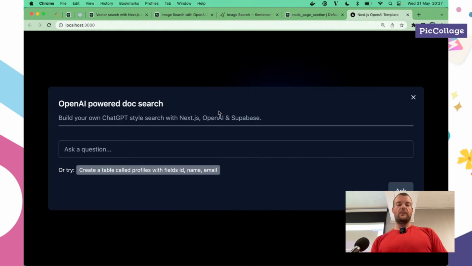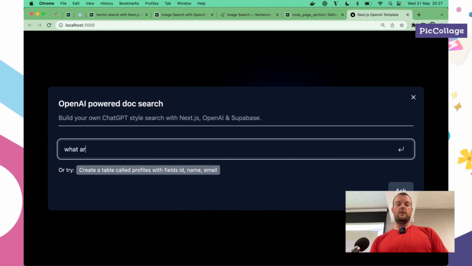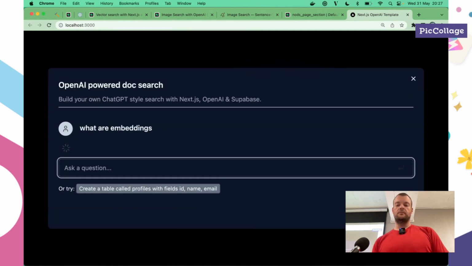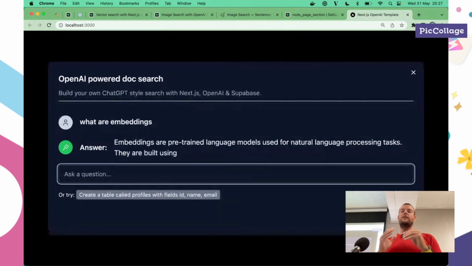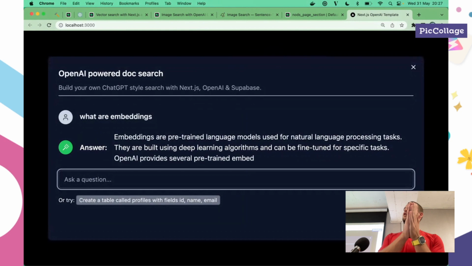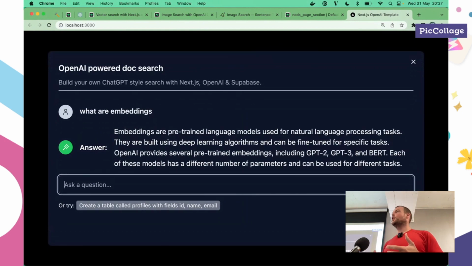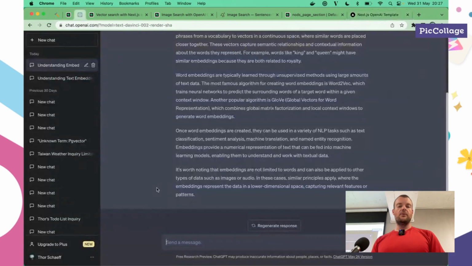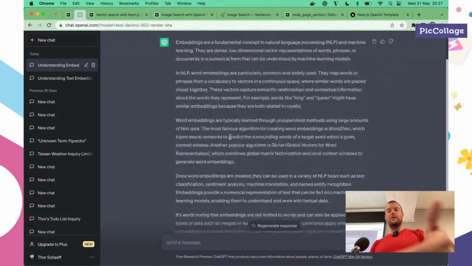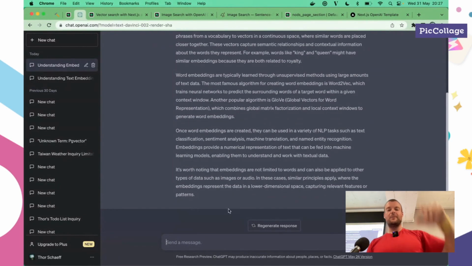So now if we say here, what are embeddings, we get a more concise answer that is actually relevant to our context, because we know they are asking this in the context of Supabase. We then inject the correct context. Another one maybe, you see how this goes off. It needs to say, okay, in the machine learning world, blah, blah, blah. We can do,